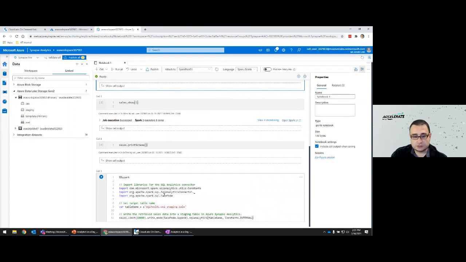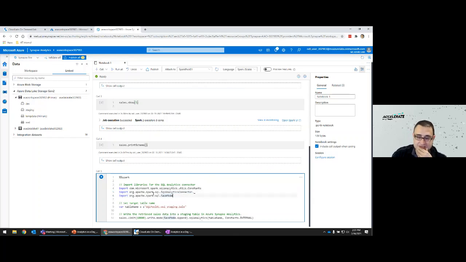Okay. So we pasted the script from the next section. What it's doing here is importing additional libraries that we're going to use as part of our next step. In this next step, we're going to write the first 10,000 records from that sales in-memory table or data frame into a table called SQL_1.wdi_staging.sale.